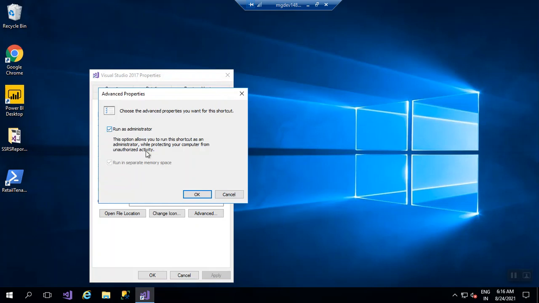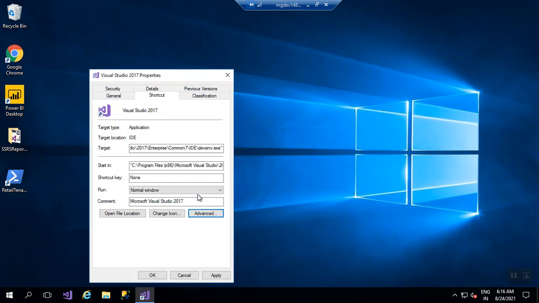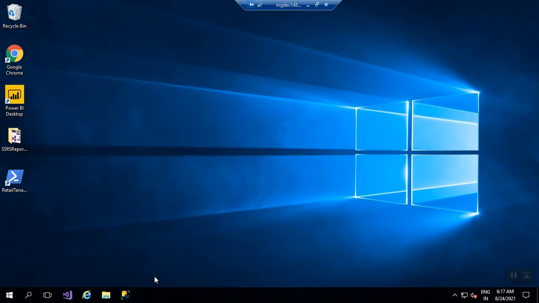After checking the checkbox, you have to click on OK. After that you have to click on apply, and after applying you have to click on OK, so that when you directly open Visual Studio, you will see it running as an administrator. Let me just open this Visual Studio now.